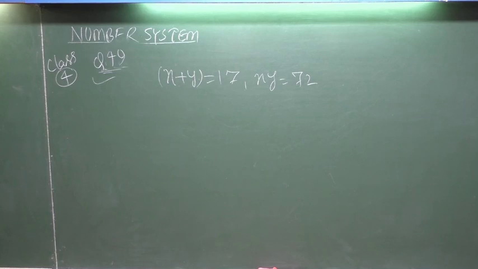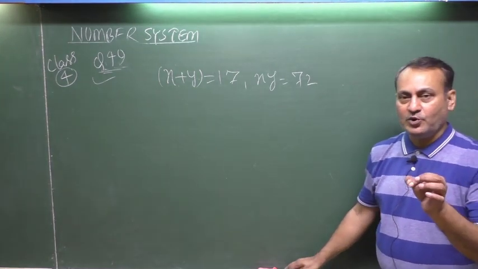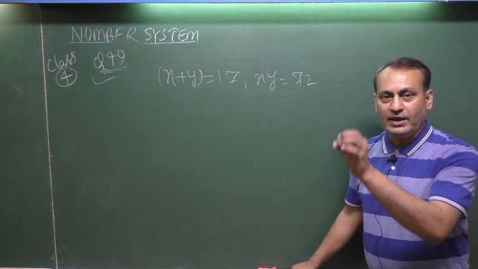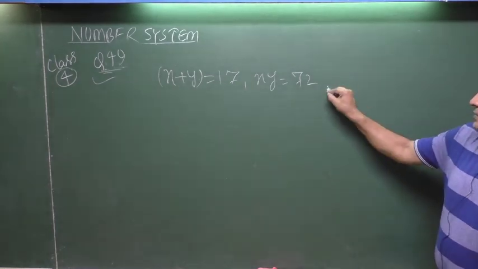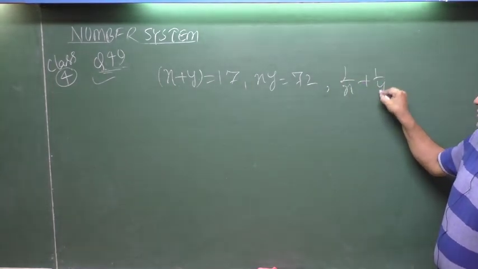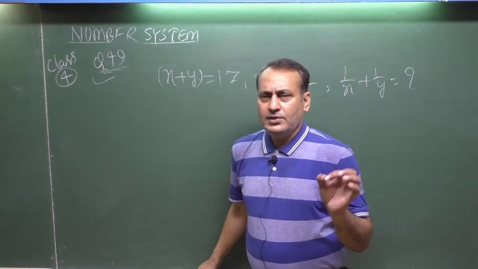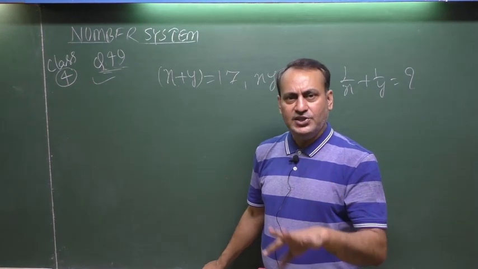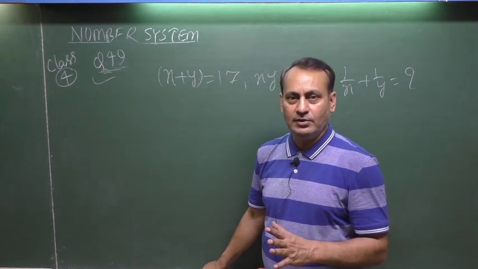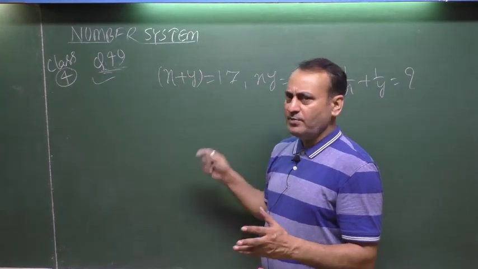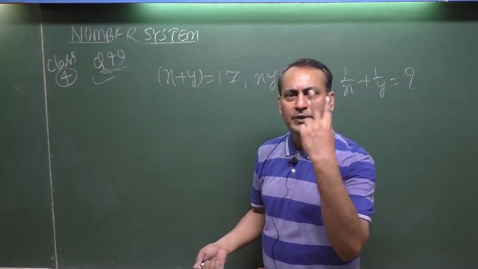Means there are x and y, two numbers. After being added, it is only 17, and after being multiplied, it is 72. You have to point out the sum of the reciprocal, means 1 by x plus 1 by y. See here. Question has asked you, find out the value of 1 by x plus 1 by y. Suppose if you can guess easily, you have to guess in the examination hall. This situation may be guessed very easily. You have to pick up two numbers.